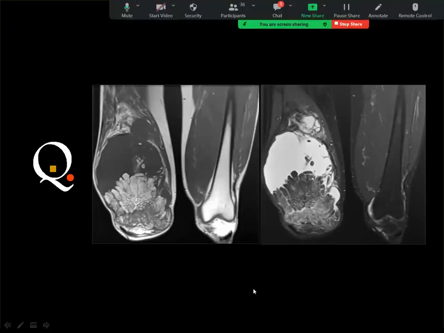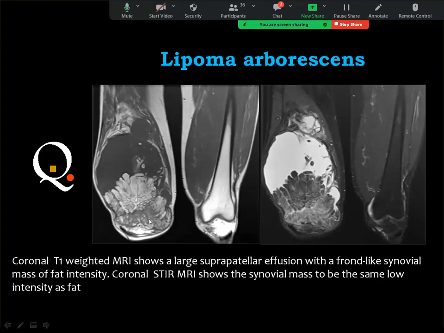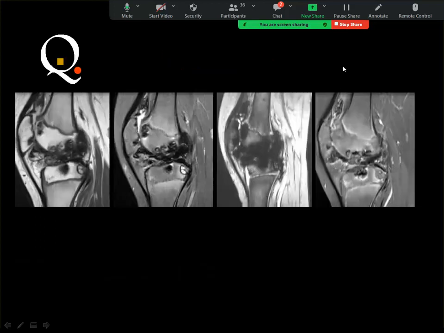Yes, the answer is right. This is lipoma arborescens, and you got a big mass of fat signal within the joint capsule distended by fluid. The fluid is of black signal in the T1, bright in the STIR. The fat is of high signal in the T1 and is dark in the STIR. This is the classic appearance of lipoma arborescens. Next case is an MRI of the knee, and this is sagittal T1 and sagittal T2, and this is